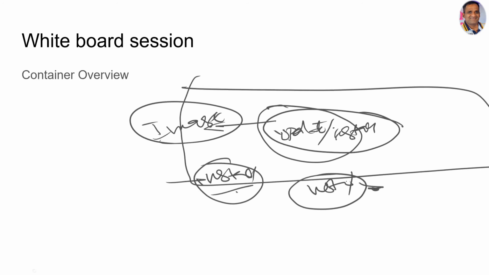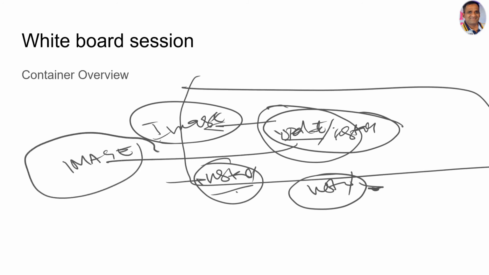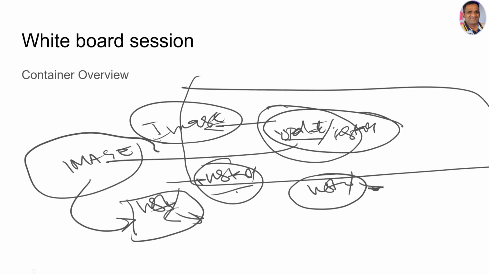Instead of doing that, with these updates and installations, if we create the image, and with this image we create the containers, then you can see your installations and updates within the new container. That is the reason.